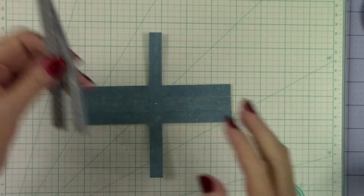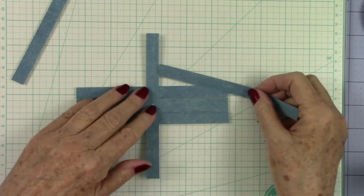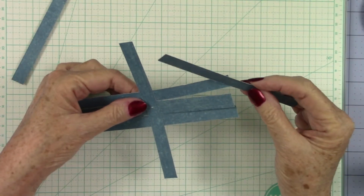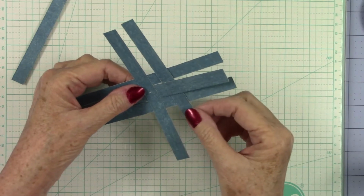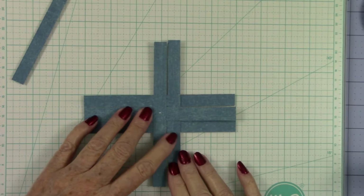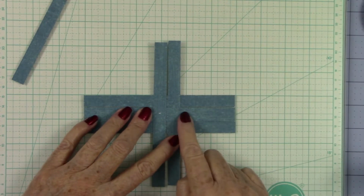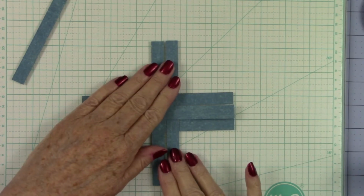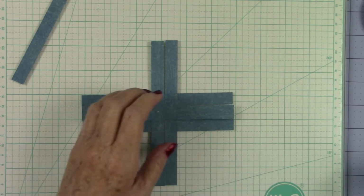And you're going to grab your other 2 pieces, and what you're going to want to do with these is weave them in these pieces. So the top one, you're going to go over, then under and over. So it's going to look like you're basket weaving. Because you're going to go over the top one, under the middle one, and over the bottom one. Then you want to scoot this down to where they're even and scoot it in tight, and then